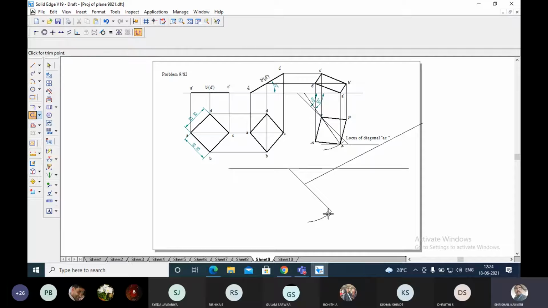You remove this, and now you draw one line here. I am going to draw the line. Now you go to the smaller distance, this one, it is 36.74, or you can take a scale and measure it. 36.74.